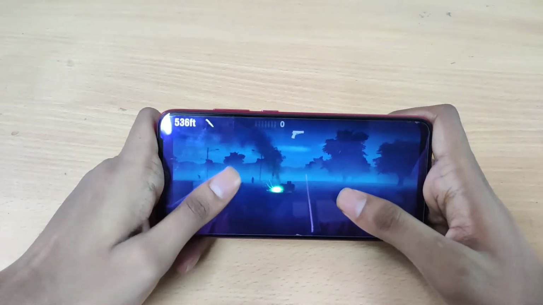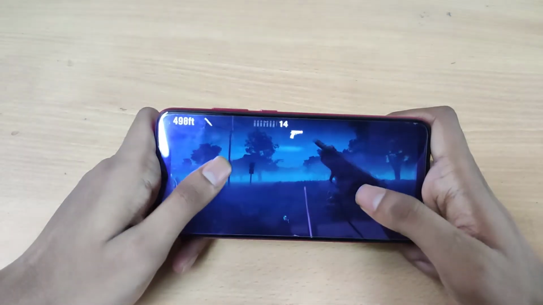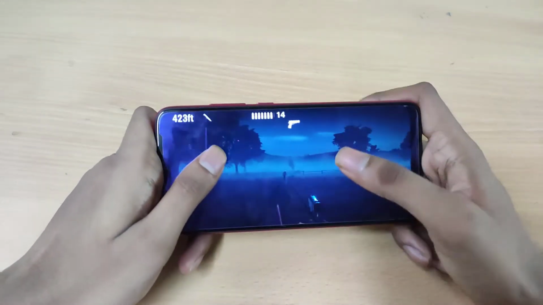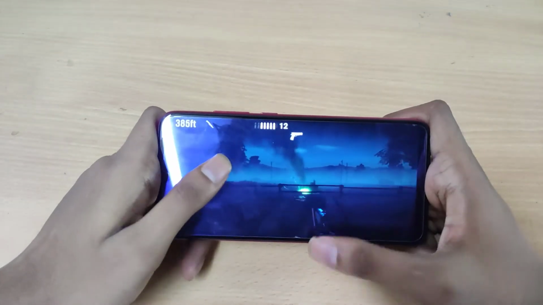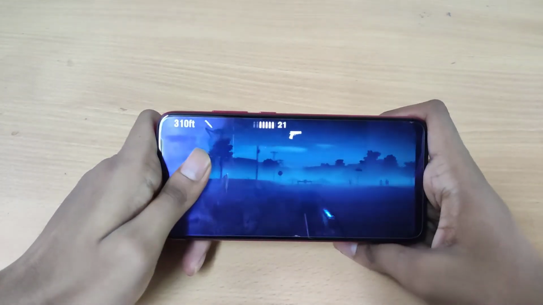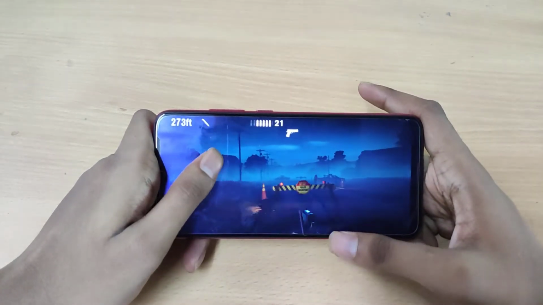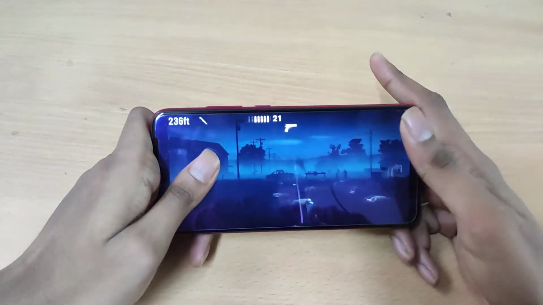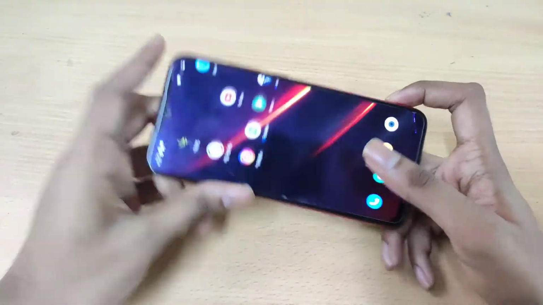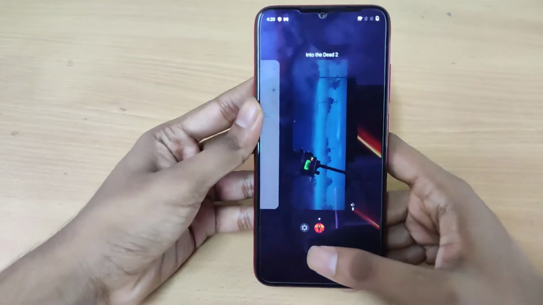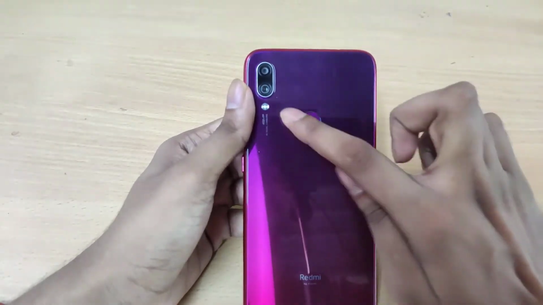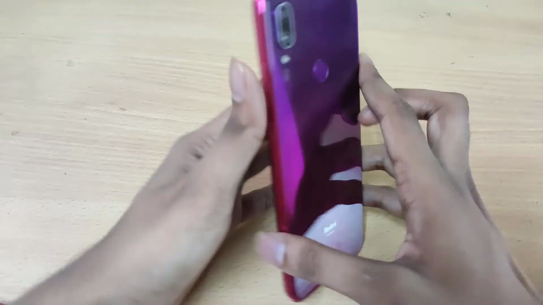As you can see, the game is running smoothly at 90 fps. I don't know the current fps while running the game, but the setting is on max, so it should give us maximum fps. The gameplay is really smooth, trust me guys, but the phone does get warmer while playing games, especially at 90 fps. I can feel the warmth here. This is where I guess the processor is.